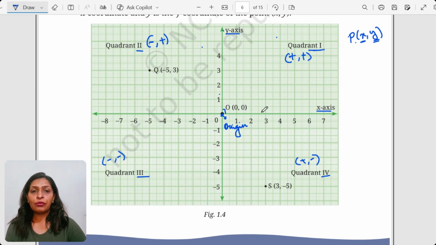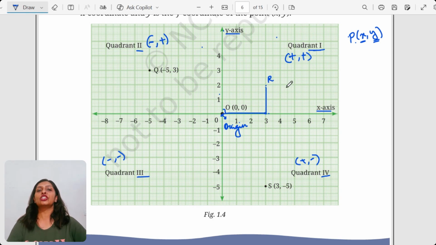Then let us say I want to plot this point, named point R. If I want to tell the coordinates of this point, how am I going to tell you? Simple: we always start from the origin. So let's say I have to reach this point R. Let's see on the x-axis how much we have to move ahead. Here I will take 3 steps, and after taking 3 steps, I have to go in an upward direction, right? And I will hence reach the point.